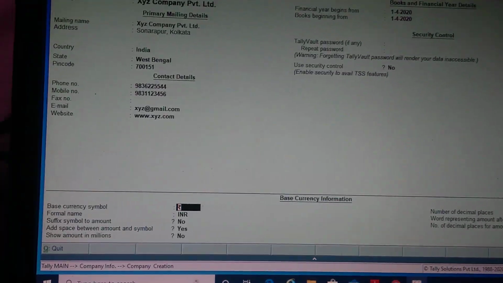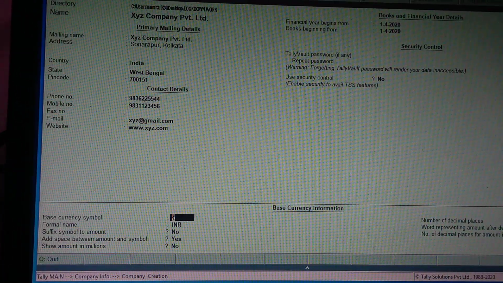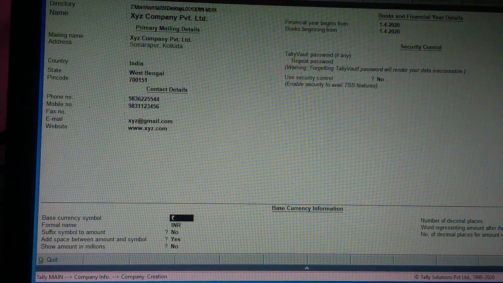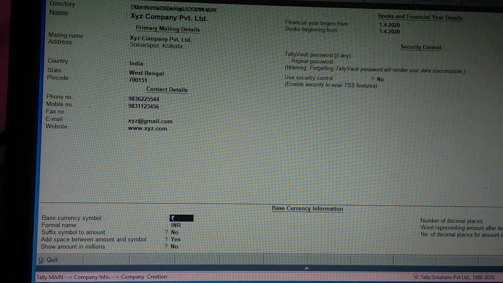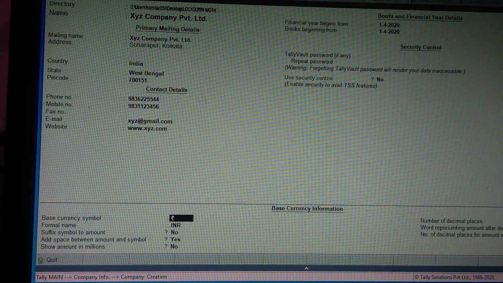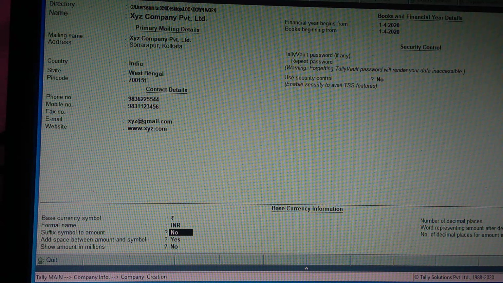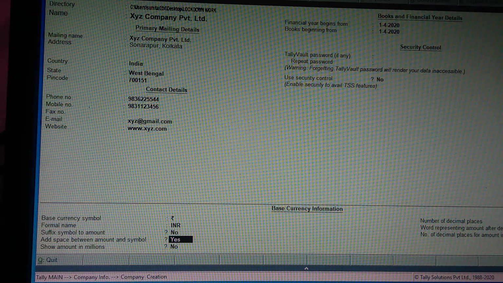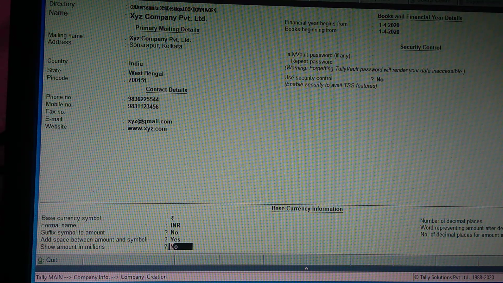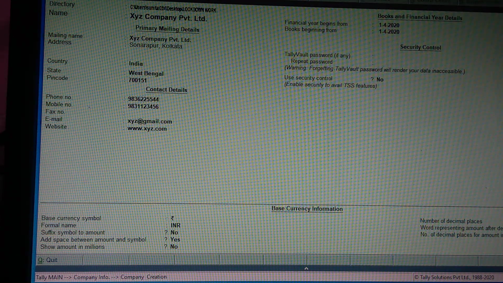There is another option, which is base currency. It is default. If you are an Indian, the default is INR, rupees. Then the symbol, amount in millions is already default, no. Number of decimal places is 2, and the word for the decimal is paisa only.